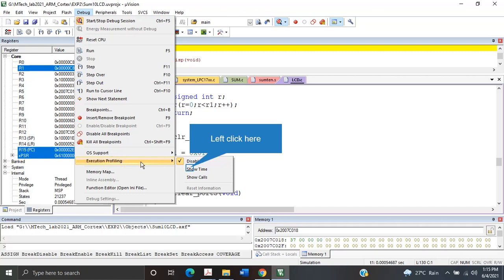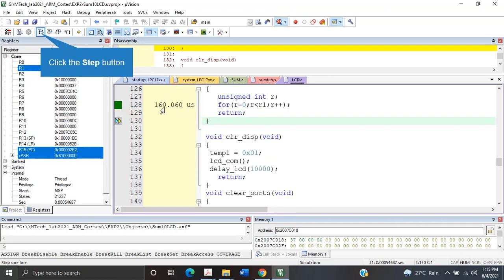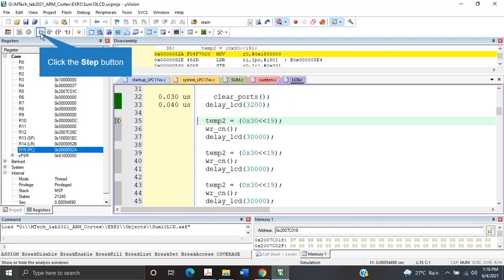Now you can see the execution profiling show time, how much time it has taken, somewhere around 160.60 microseconds was the parameter passed. You just correlate that with 3000 and some number. Finally, check the data sheet for what the real requirement of the delay was. So basically he wants to pump 30 into the command word. What is meant by command word 30 and what is meant by these delays has to be explained in collaboration with the data sheet.